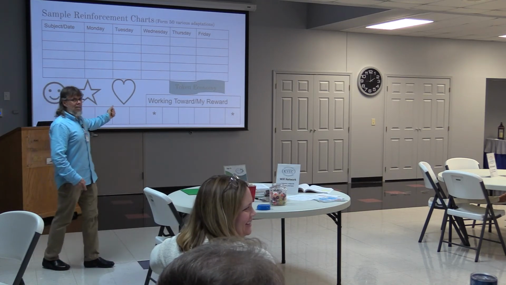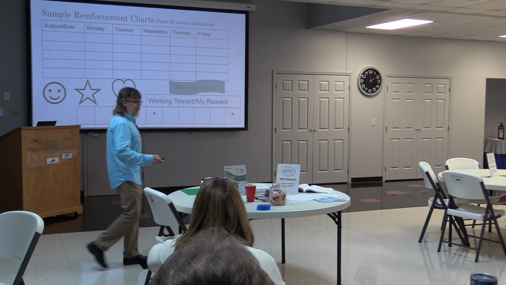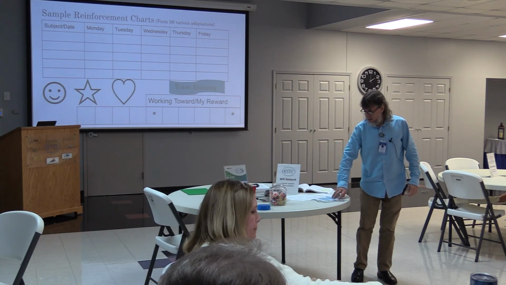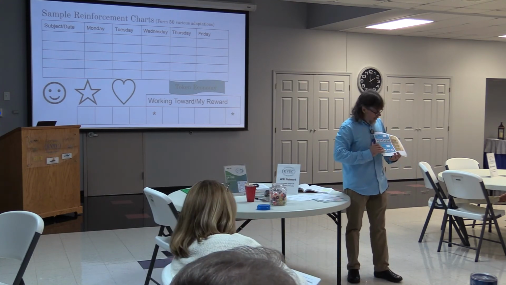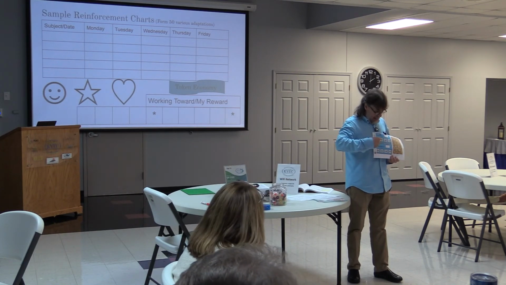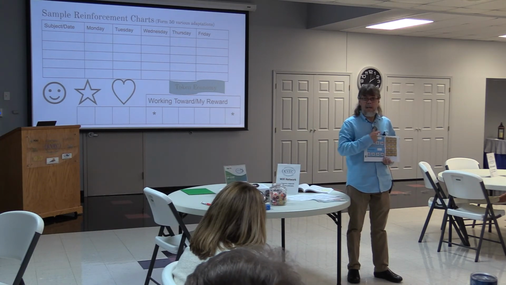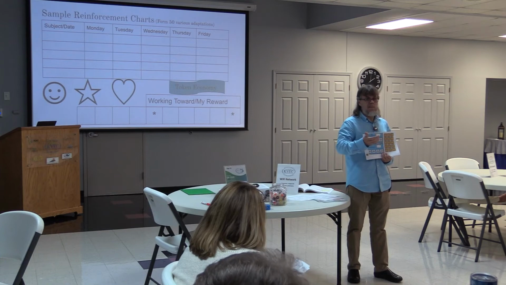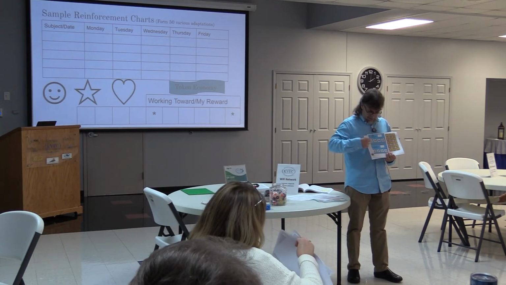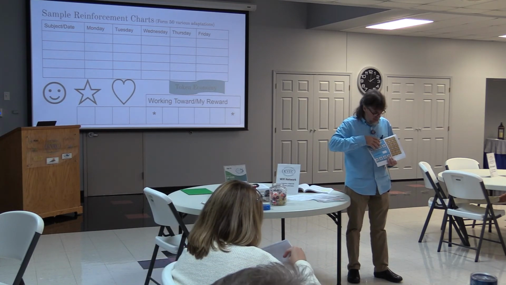And this is just some reinforcement charts, and I'll be quick about this one that we used. Thank you to whoever it was. A couple that I gave you. This one is what am I working toward? And you can make this whatever level you need. Basically, I'm working for Play-Doh. I have to get 4 chores or 4 activities done. And once I get those done, I get to use my Play-Doh. Then have a timer for 15 minutes or whatever, and then reset it. You don't want it all day long, because you have to have a time frame that they can work toward.